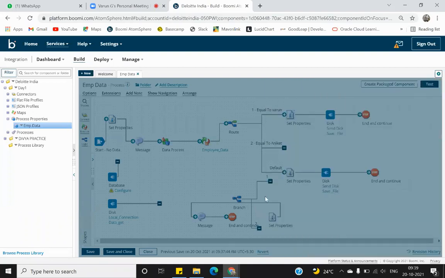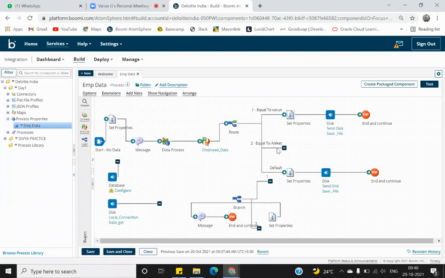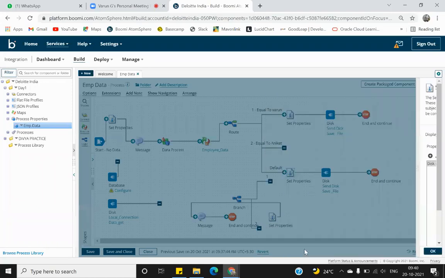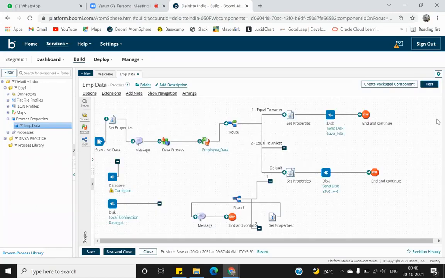Now if my first name is equal to Aniket, I want my file name to be employee data.csv. Getting my point? What is the difference there? Based on a value, it is defining the path for how you want to process it.